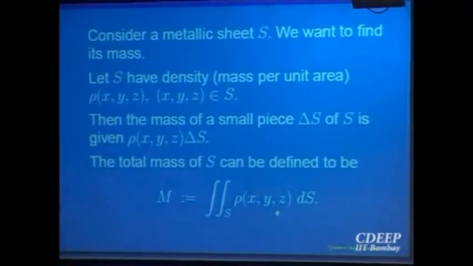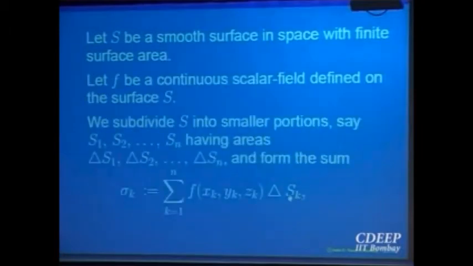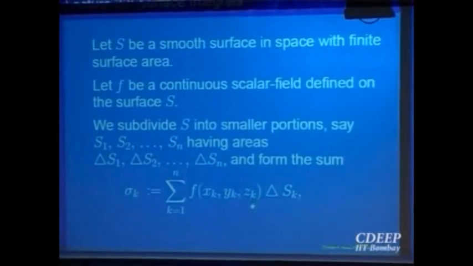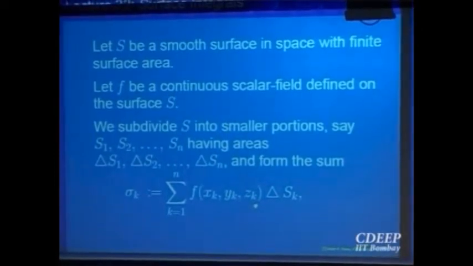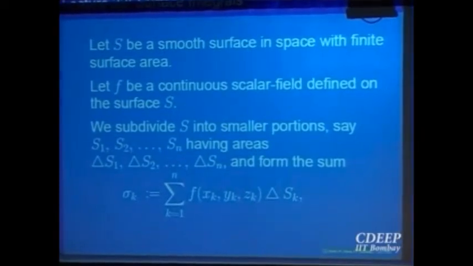And to give a more precise meaning to this, we will try to form that sum. Take the surface, divide it into a finite number of smaller pieces. In each piece, pick a point and look at the density at that point and form that sum, right? So that is the approximate mass. I shouldn't use the words mass and weight randomly, because physicists will kill me otherwise. There is a difference between mass and weight.